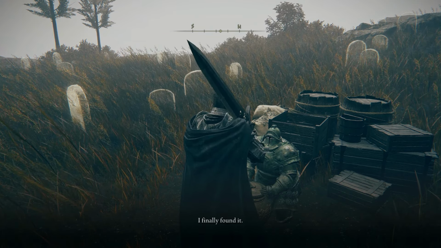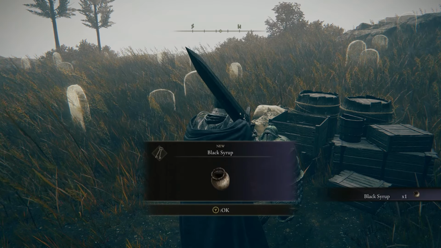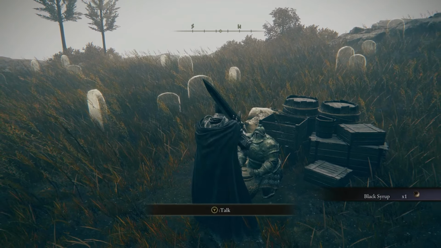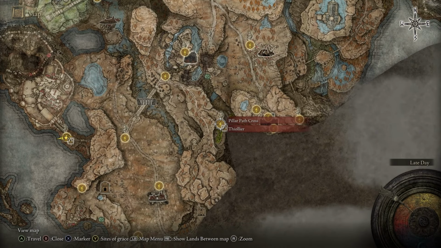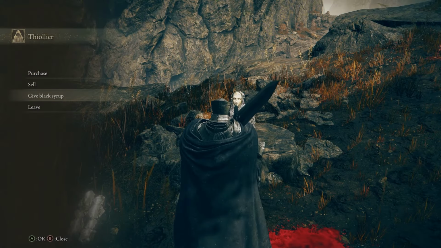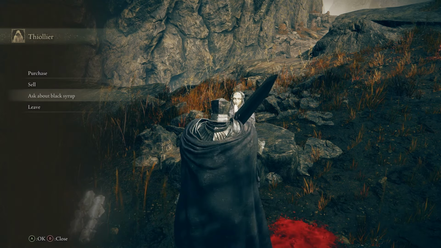And from Moor, we will receive the Black Syrup. Then, of course, we are going to go back to the Pillar Path Cross Site of Grace and give it to Tiolier. We're going to choose the option to give the Black Syrup to Tiolier, and then we are going